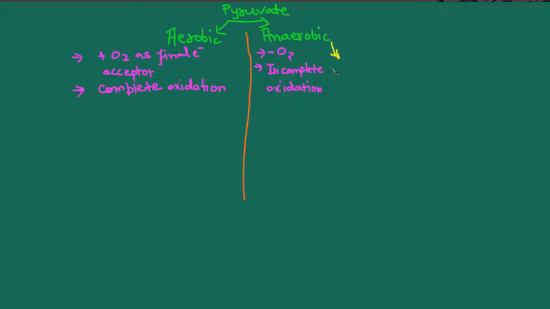The electrons can be accepted by an organic molecule, or the electrons can be accepted by inorganic molecules or ions. When the electrons are accepted by an organic molecule, for example pyruvate,